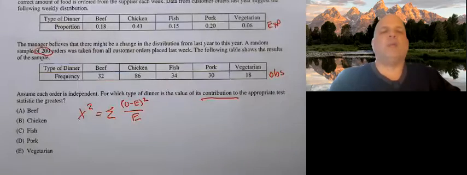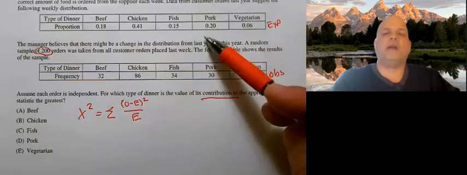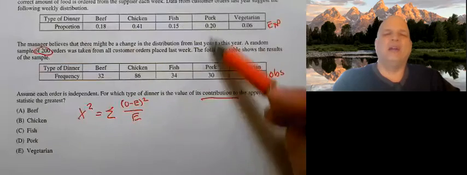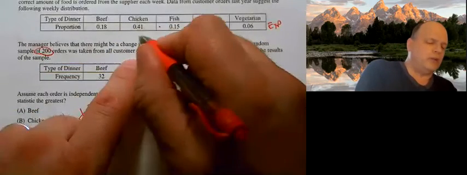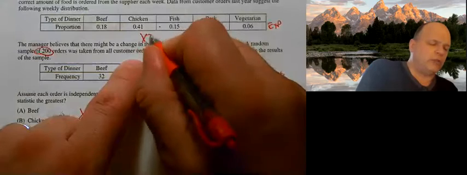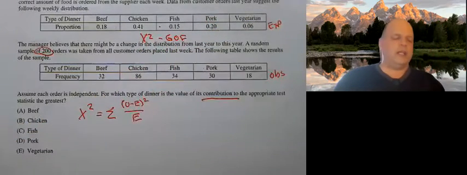Well, if we know what type of test it is, it might help us out. It turns out that we're comparing to an existing distribution. And this is the existing distribution we're comparing to. This makes this a chi-squared goodness of fit test. So what I need to do